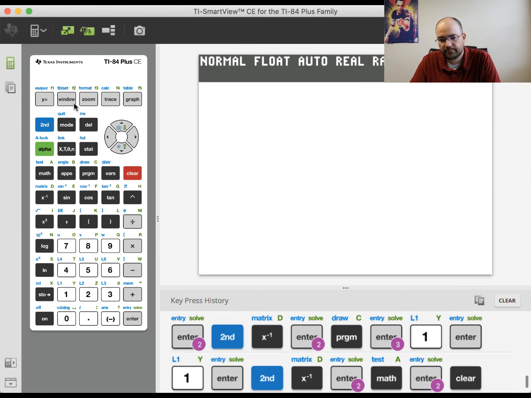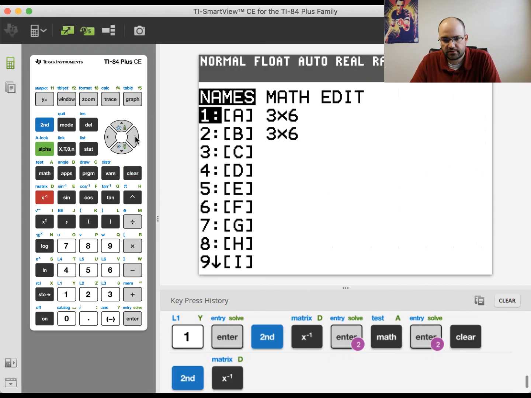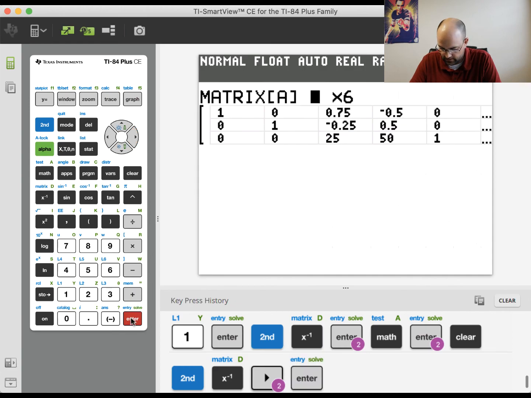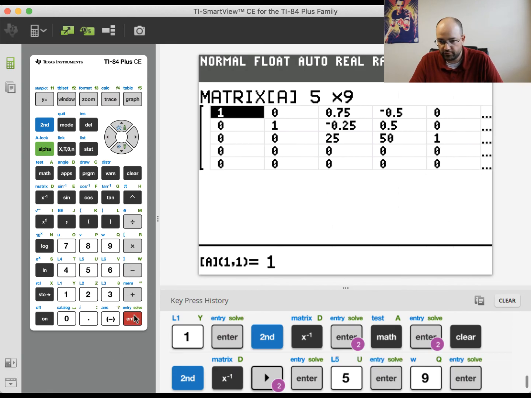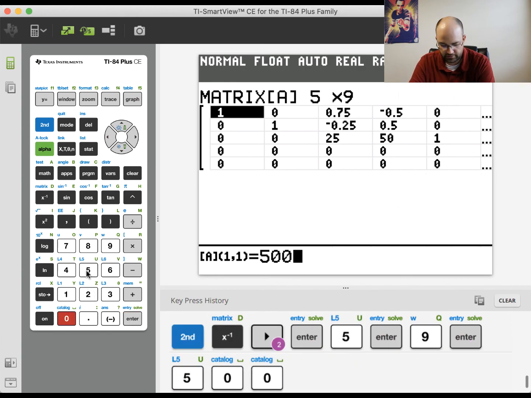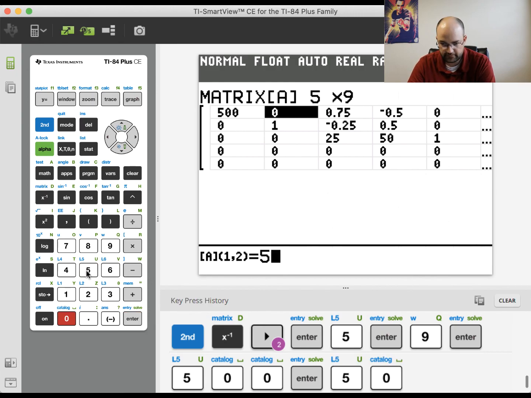Welcome to the calculator. Let's go to Matrix, go right to Edit. And this, again, is a 5 by 9, I believe, which means that there are 45 different elements. So we have, I'm just going to do it this way, 500, 50,